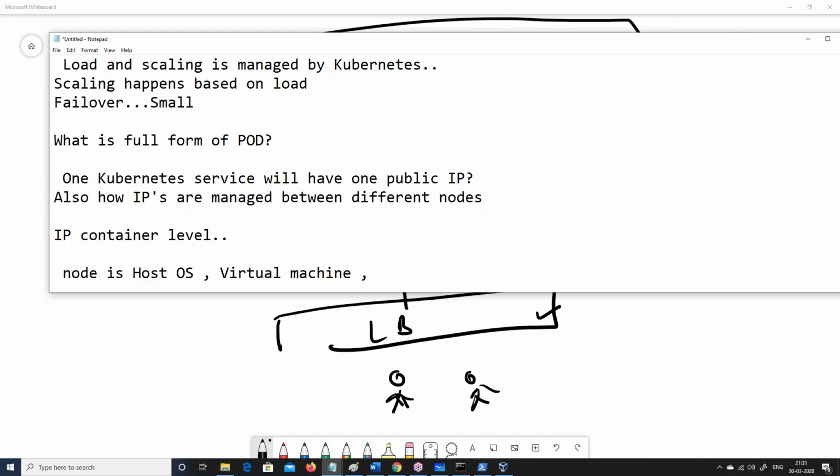Well, let me go one step ahead. If you're doing Kubernetes at a very advanced level, you will find that a lot of times I have seen nodes as directly the containers as well, right? But most of the time, 99% of the time, it will be one of them.